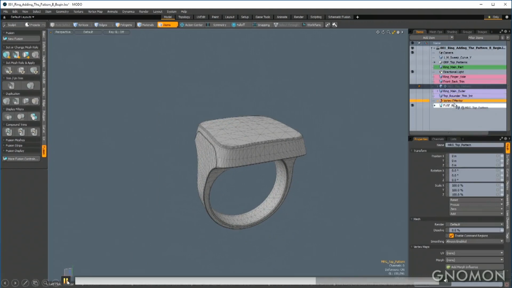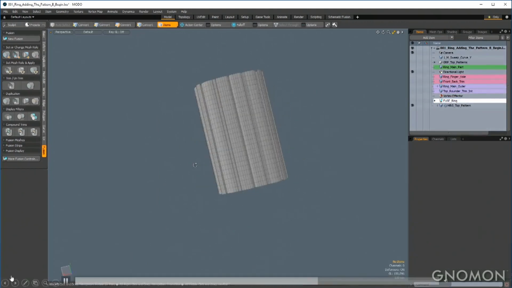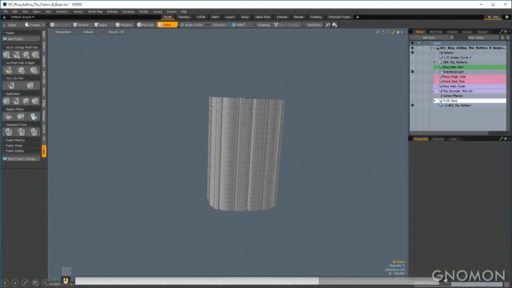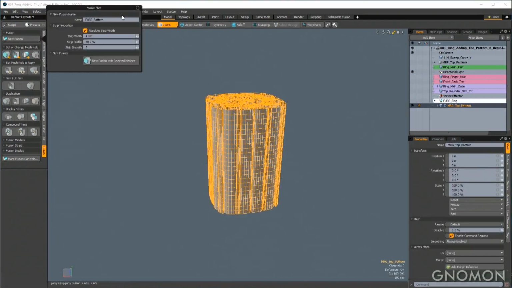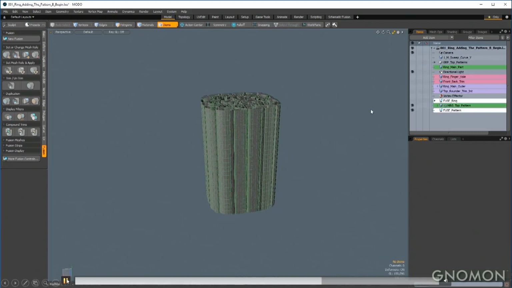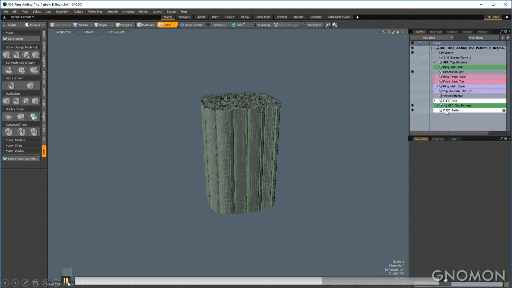So what I'm going to do is I'm going to create a new fusion item, and I'm going to take advantage of something in Modo 10.2 called the compound trim feature. And it really supercharges mesh fusion. So in order to do that, I'm going to create a new fusion item based off the sweep geometry. And the compound trim feature basically allows us to subtract one whole fusion item from another fusion item.